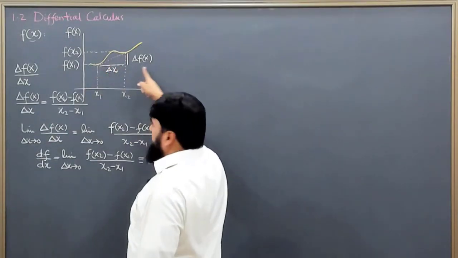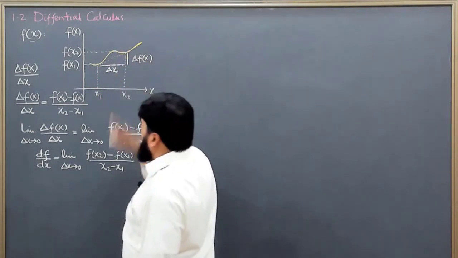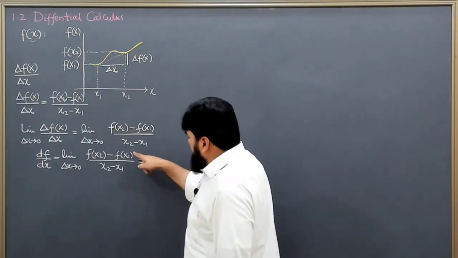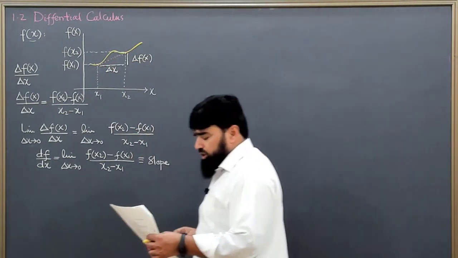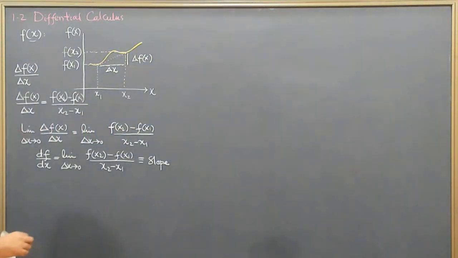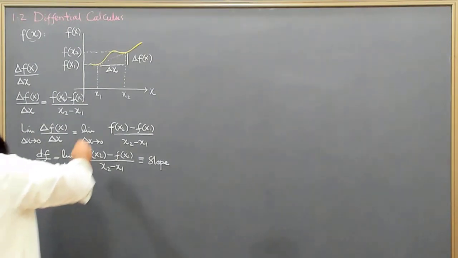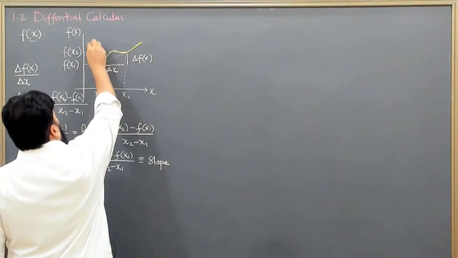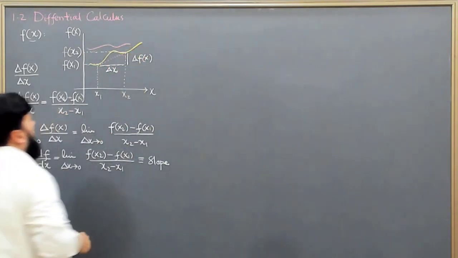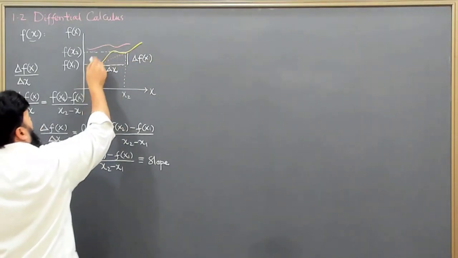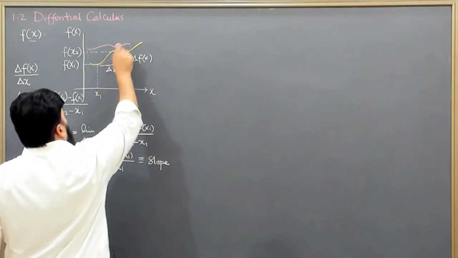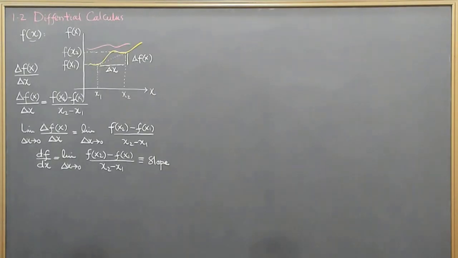This is the run along the x-axis, and this is the rise along the y-axis, and as this is the rise over the run, we call this the slope of a function, and the slope of a function gives us the variation of a function. If we have a function like this one, and then another function, let's say this one, the slope of this one is large here, while the slope of the other function is very small. So the slope gives us the change in a function.